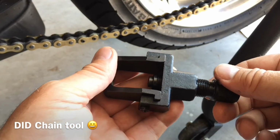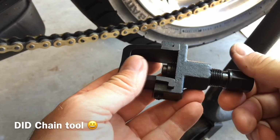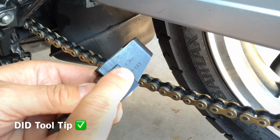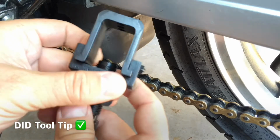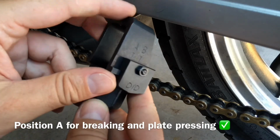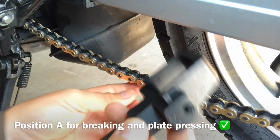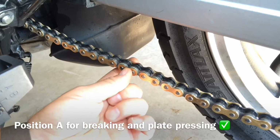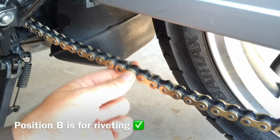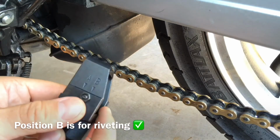So we're going to move on from here, and we are going to properly flare the pins on this DID chain. With the DID tool, there are two positions. There's an A and a B. And you can see this in a number of other videos. I caution you watching some videos though. I came across one the other day where they simply pressed the side plate of the chain master link on and didn't rivet the pin heads. And he said that's the way you do it. Scary. Anyway,